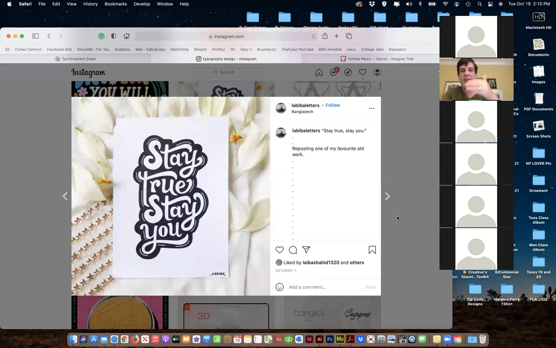So if you used a hashtag that was unique, like California type or typography or something like that, people will repost using that hashtag, so you can repost their stuff. They're kind of giving you a carte blanche invitation. So it's a pretty cool little system, and it does work. But you've got to be patient. You've got to be consistent. Don't expect it to blow up to 1 million people overnight or any of that stuff. Obviously, anything's possible, but know that if you're consistent and you do it, it will grow.